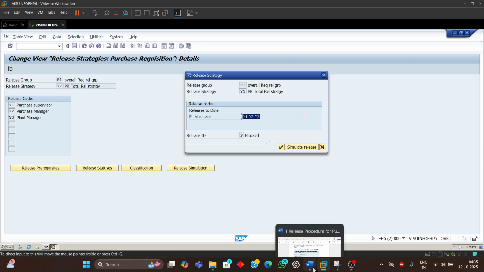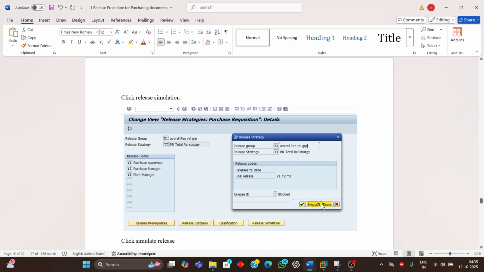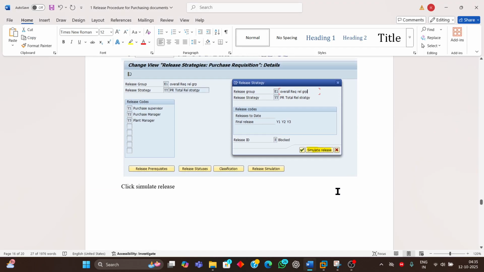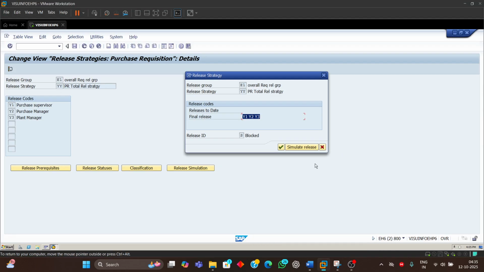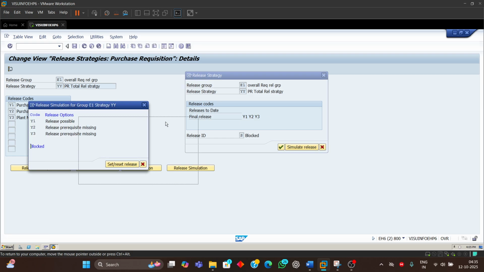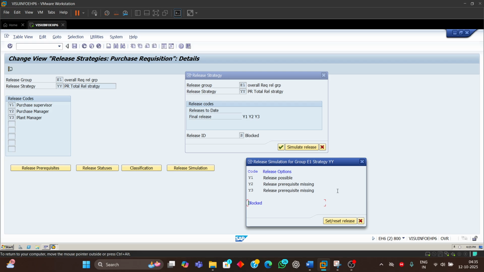Now, let me go to this document here. Now, let us simulate this release. Simulate means we will just see how the release strategy works practically. I will click on this button, simulate release. Another pop-up will come here. In this pop-up, let me just keep it down here. What we can see here,